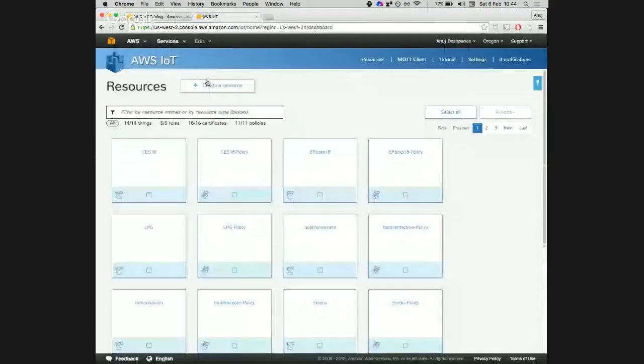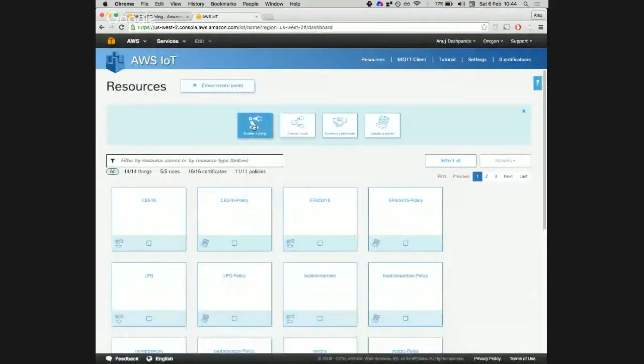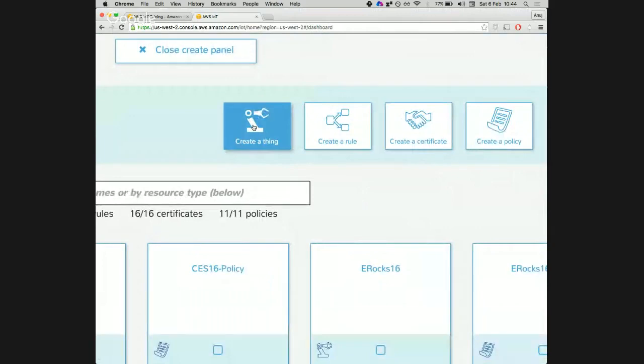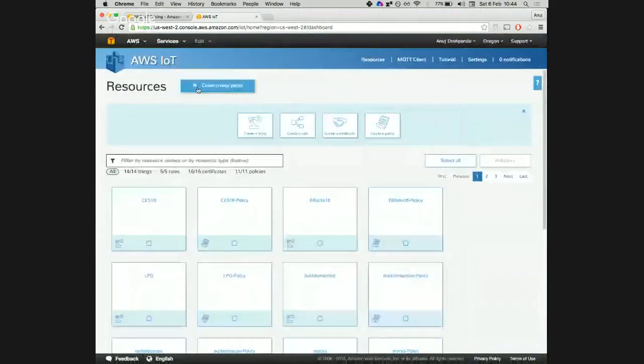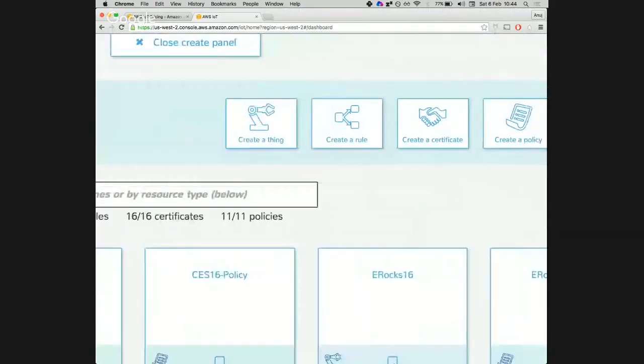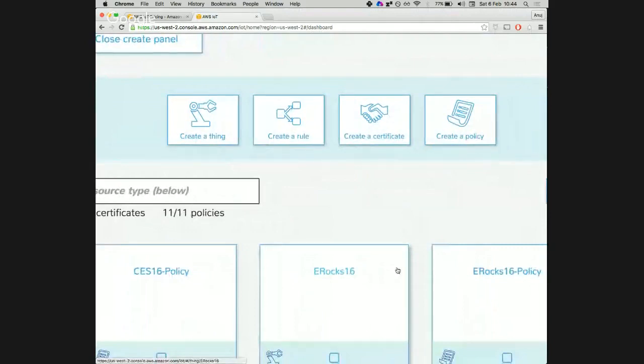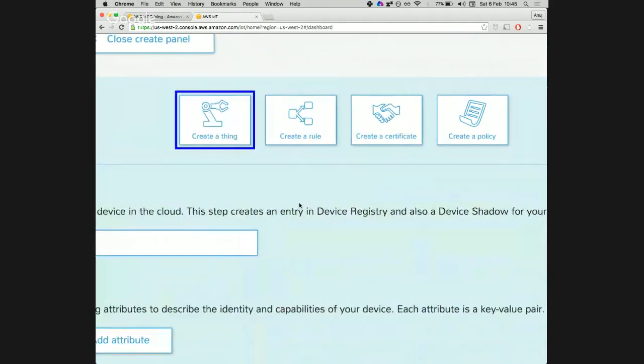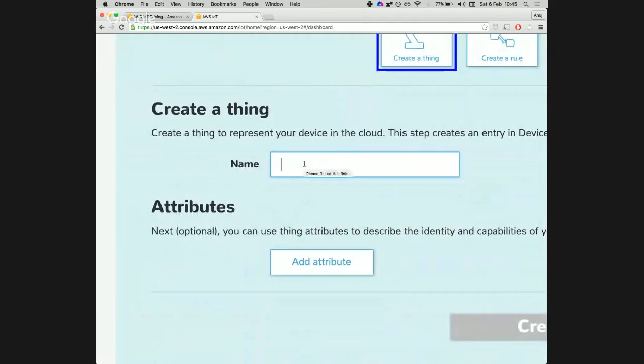Yeah, so let's create a resource. Is this visible enough? This is how your Amazon AWS console will look. When you go there, you can create a resource. Now there are 4 kinds of things that we can create. First is a thing, second is a rule, then a certificate, and then a policy. I'll explain what a rule is. We've seen what a policy is, and a certificate is the one that allows us to communicate, right? It will create a private certificate, a public certificate, a public key, and a private key. Right. So first of all, we are going to create a thing. Let's call it.